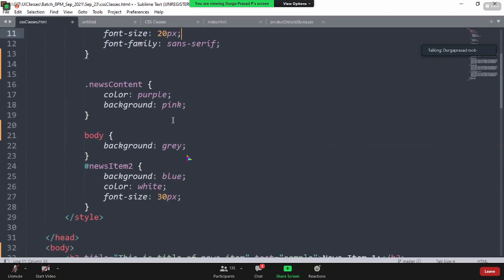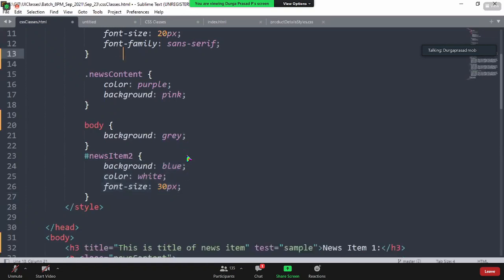The only problem is if you want to make use of these classes or these properties for some other element, it is not possible because we know that only one element can have the same type of look and feel. If you know that this property can be used for multiple elements, it is always recommended don't go with ID based class, but go with a CSS class so that it can be used any number of times within the page. Okay, so hope everyone is clear now with the 4 different ways of applying the CSS guys.